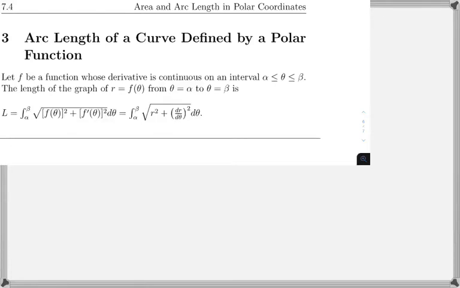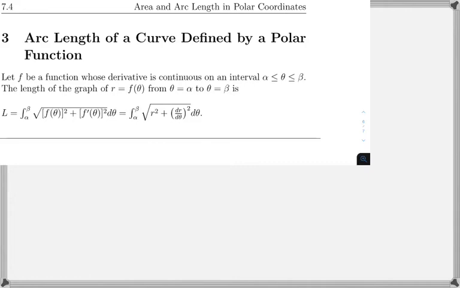Okay, this is the third and final video for section 7.4 on area and arc length in polar coordinates. The arc length of a curve defined by a polar function. Let f be a function whose derivative is continuous on the interval alpha less than or equal to theta less than or equal to beta. The length of the graph r equals f of theta from theta equals alpha to theta equals beta is